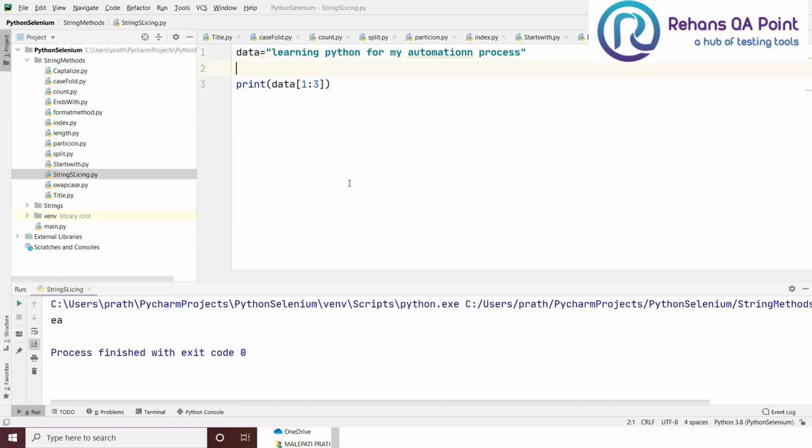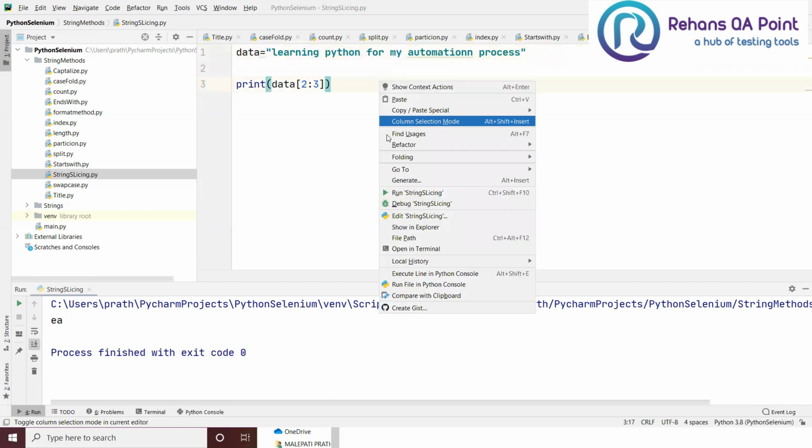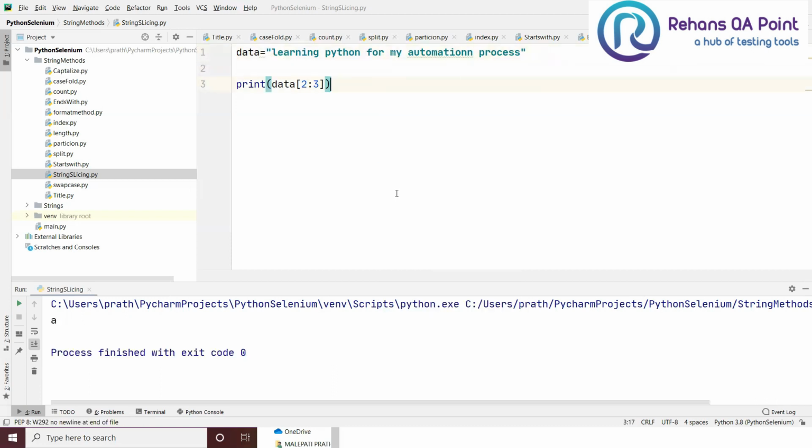If I give the starting position as 2, what will happen? 0, 1, 2. The length again is 1, 2, 3. So what is the third character? What is the starting index? 3, 2. Now I'll be getting only one character.